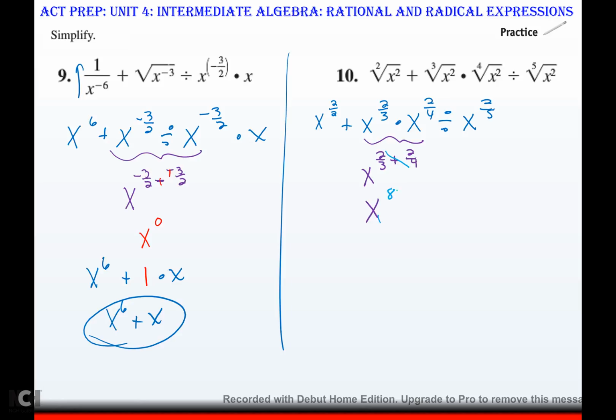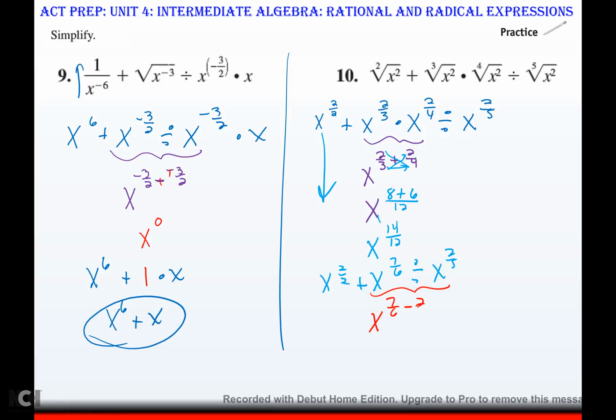2 times 4 is 8. If that's a plus, it's plus. If that's a minus, it's minus. 3 times 2, that's cross. Over straight across, 3 times 4 is 12. That's x to the 14 over 12, which reduces down to x to the 7 over 6. So now we bring down x to the 2 over 2, and we have that divided by x to the 2/5. Okay, so the next thing we have to do is divide, and that's going to be x to the